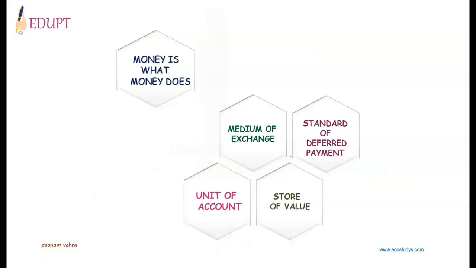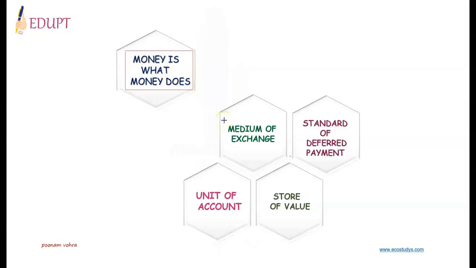So, money is important not only for the nation, but also for an individual. It does not satisfy needs directly. It satisfies needs only when the money is spent. So money is not wanted for its own sake, but for the things it will buy. So money is what money does. So how do we define money? It can be defined only by the functions it performs.